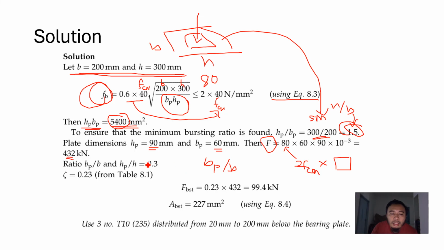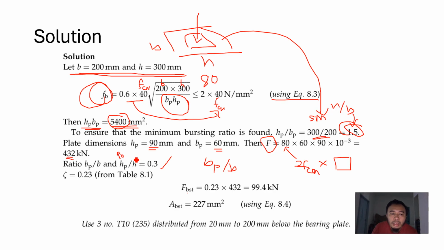And then we want to calculate how much is the bursting force, FBST. For that, you need to calculate your ratio of BP over B or HP over H, which is 0.3. So 60, this is 90